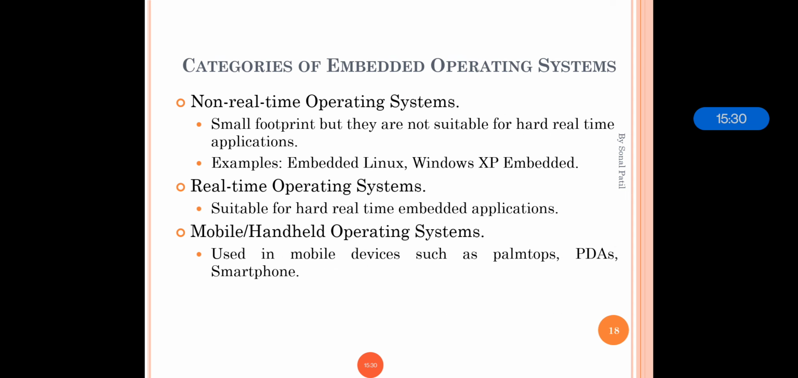So the hard and soft real-time systems we have seen. The categories of embedded operating systems are non-real-time, real-time, and mobile. Non-real-time ones have small footprints, but they are not suitable for hard real-time applications. Examples are embedded Linux and Windows XP. Real-time operating systems are used for hard real-time where the deadline constraint is high. Mobile handheld operating systems are used in mobile devices such as palmtops, smartphones, and so on. So this is all about